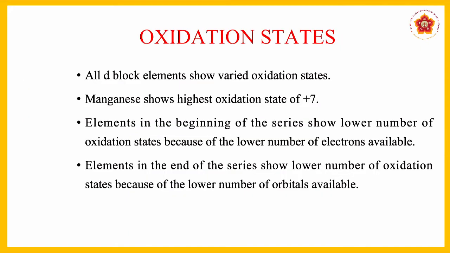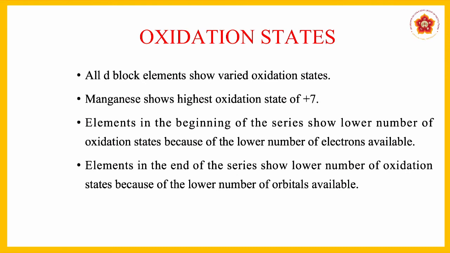This is just a recap of all the things that we have seen, that the oxidation states of these D block elements are having multiple states. If you had seen in the very first table, manganese will have plus 7 because it has 2 electrons in S and 5 electrons in D, and everything can be removed. At the starting you will have some lower oxidation states, but as it increases, the oxidation states increase, and also towards the fag end, these oxidation states will be stabilized.